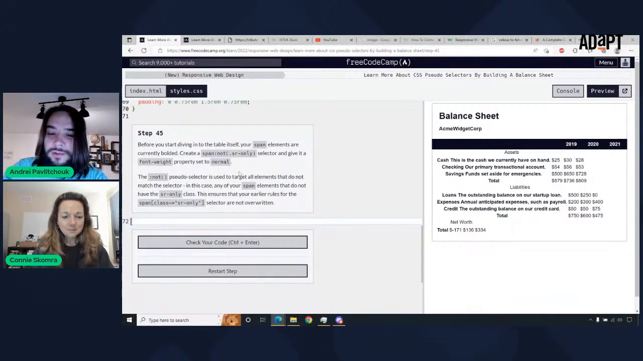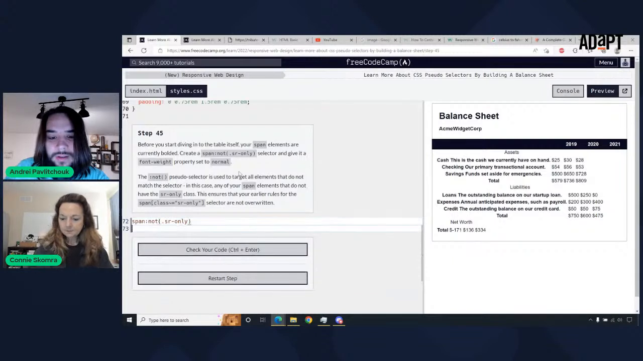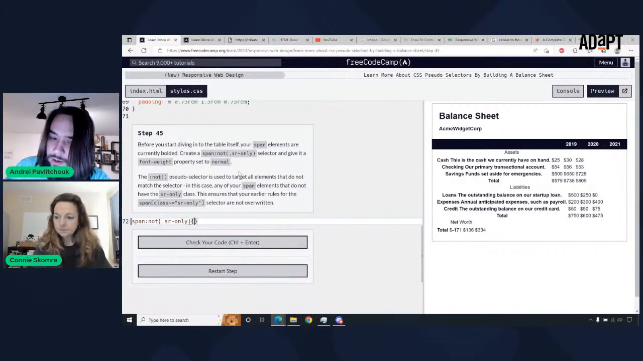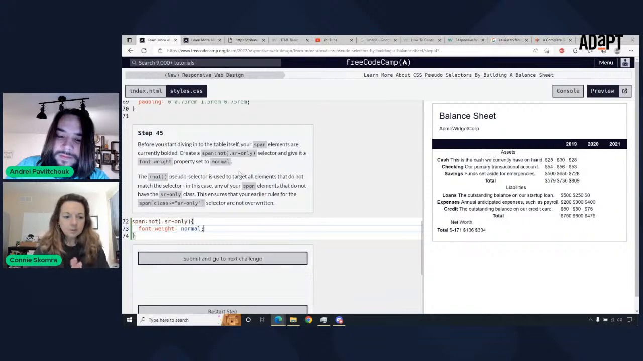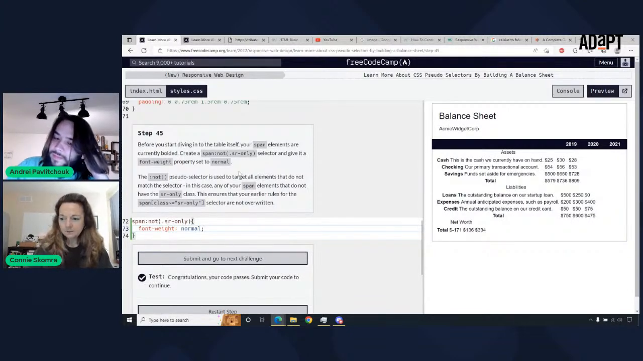So before we start diving into it, let's create a span not SR-only selector and give it a font weight of normal. That's good to know. How do you unbold something? Okay, you have to override it. So if I just